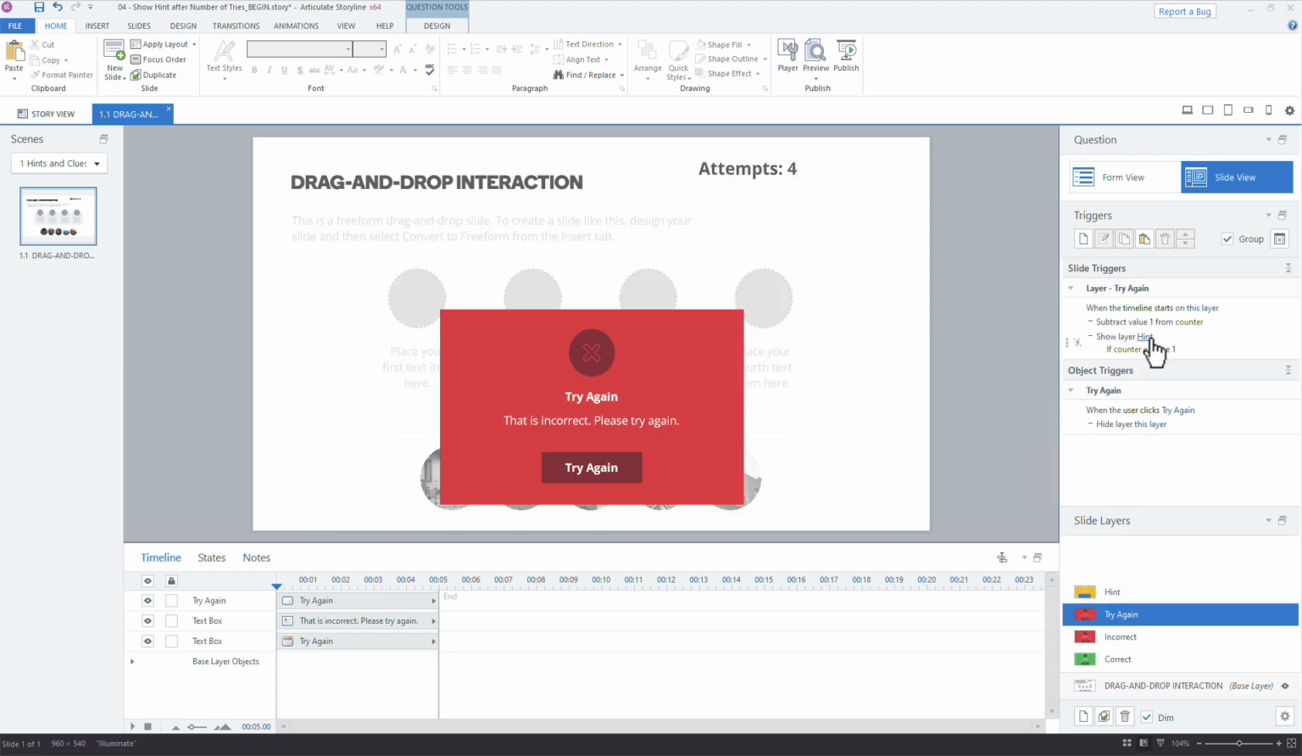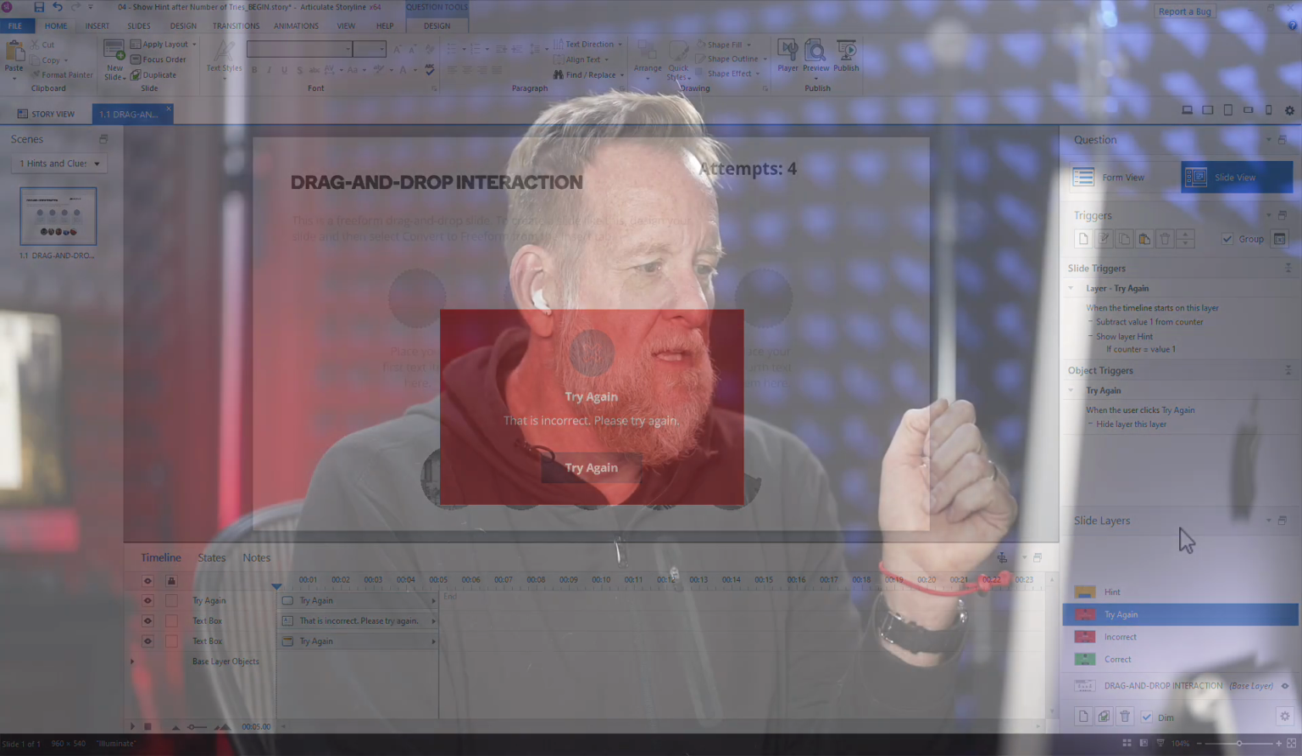We'd say show hint layer 1 if the value equals 1 attempt, or show hint 2 if the value equals 2, and so on. But once we have that counter, there's a lot of things we can do that go beyond the built-in functionality. All right, that's how you can add your own counters to track the number of tries